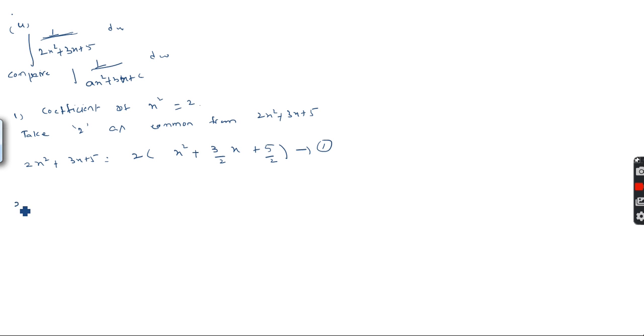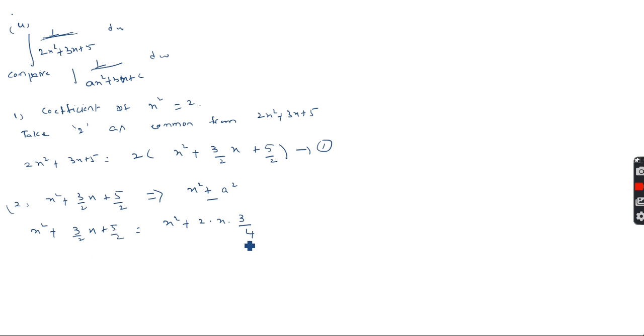And next, step 2. The step 2 is x square plus 3 by 2 into x plus 5 by 2. This can be written as a sum of squares, that is x square plus or minus a square. So how do we convert x square plus 3 by 2 into x plus 5 by 2? This is x square, a square plus 2ab, where 2a is x and b is 3 by 4, so finally we get 3 by 2.